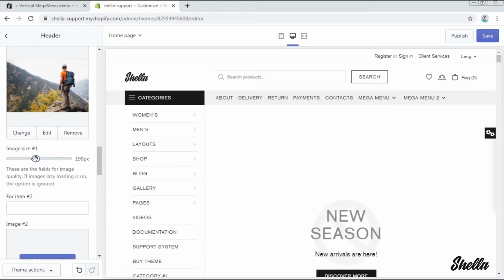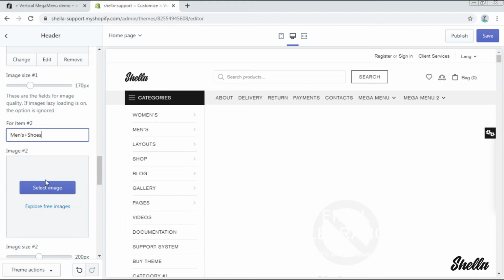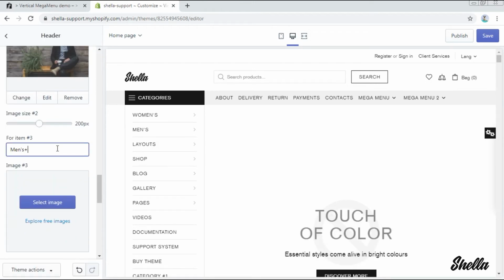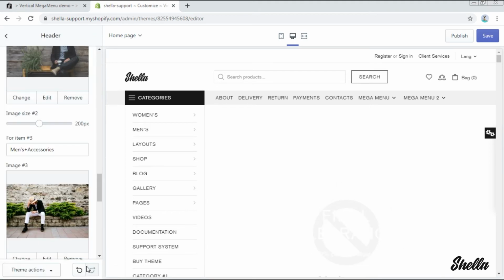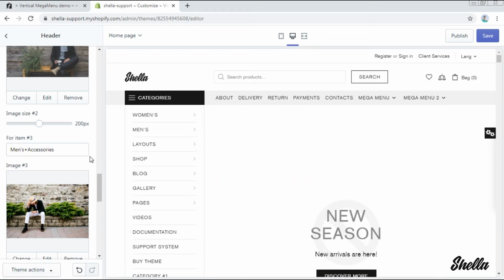For the second item, we write Men's plus shoes and select the image. For the third item, we write Men's plus accessories and select the image. Now let's check the menu. Here are our title images.